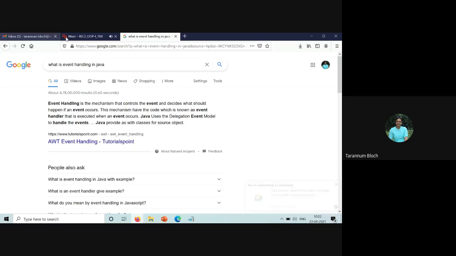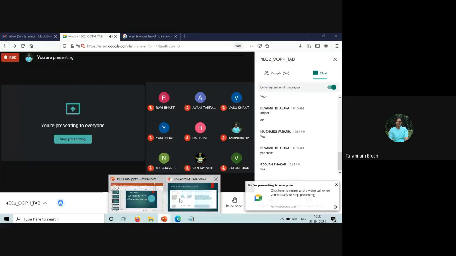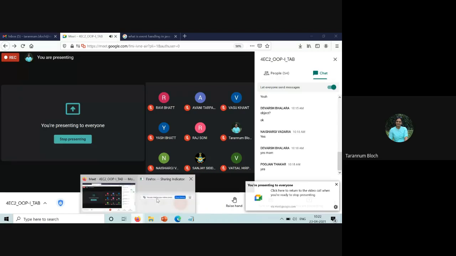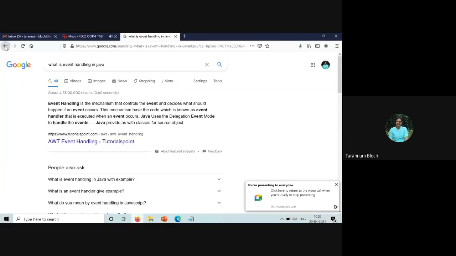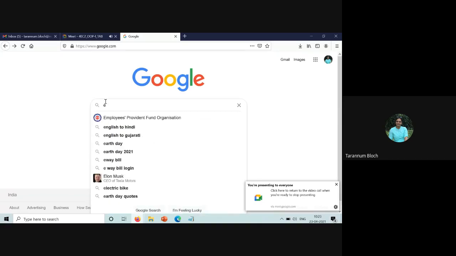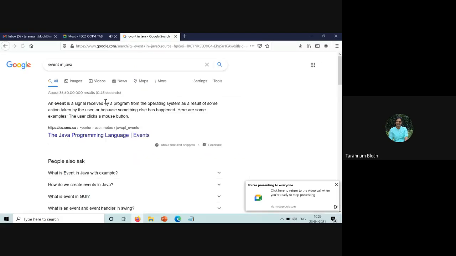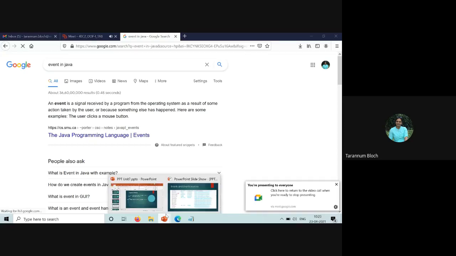So this is called an action in a text box. The search box is a text box, and when you press enter, the programming is done, right? That takes you to the next page, which is programmed from the server side.